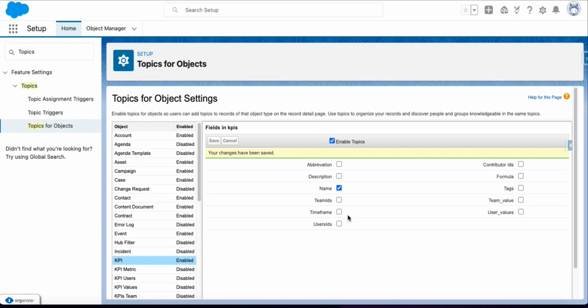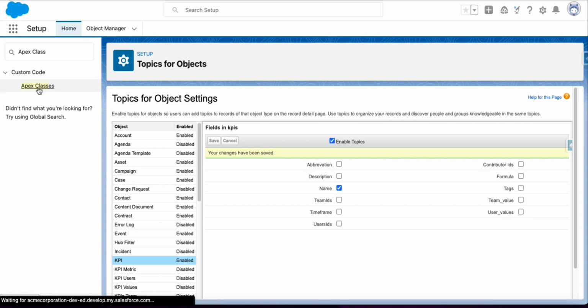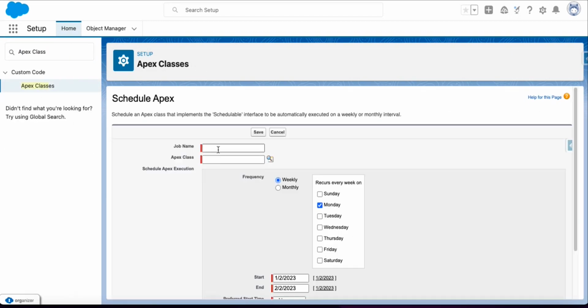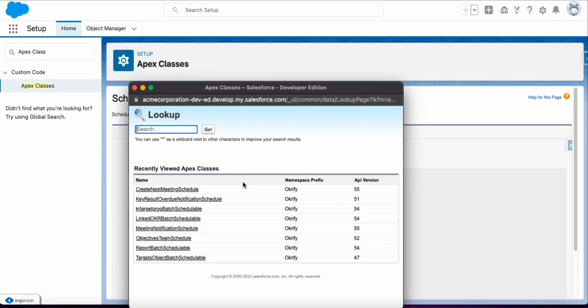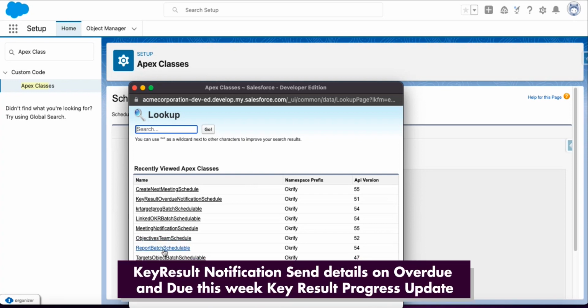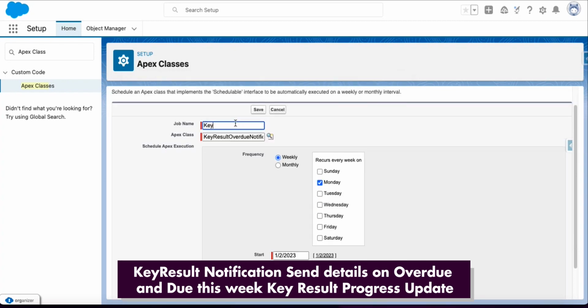OKRify provides two email notifications which can be scheduled weekly. The first one is for updating key results. This will show overdue key results and the key results that are due this week. And the second notification is for meetings, where you will see all the upcoming meetings and the action items. To schedule it, go to Apex classes, click on Apex classes, then click schedule Apex. In the Apex class, click on search. The first one we are going to schedule is the key result overdue notification schedule. Click on that. Provide a name for the job